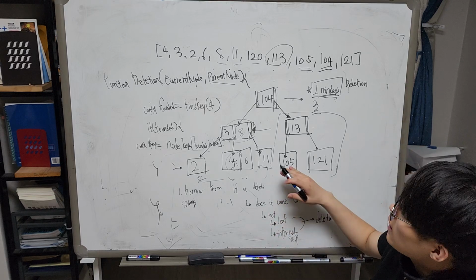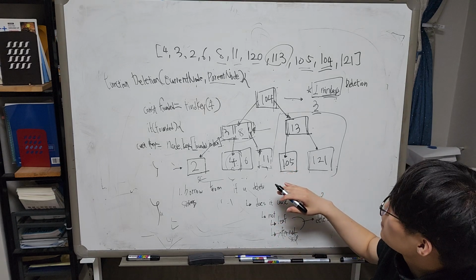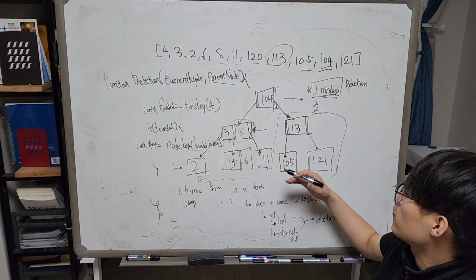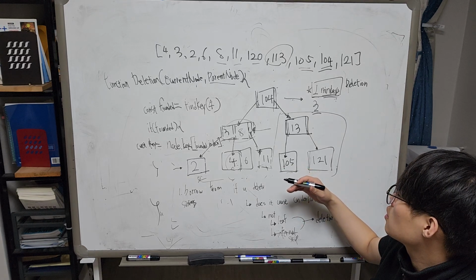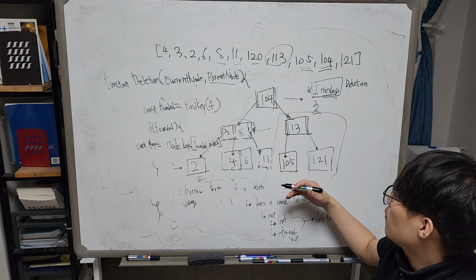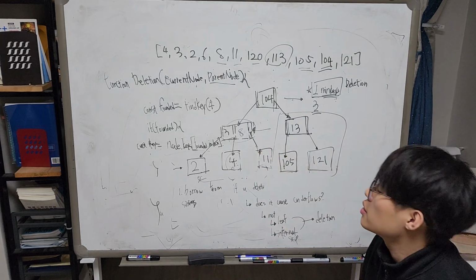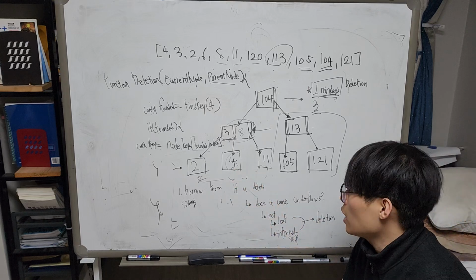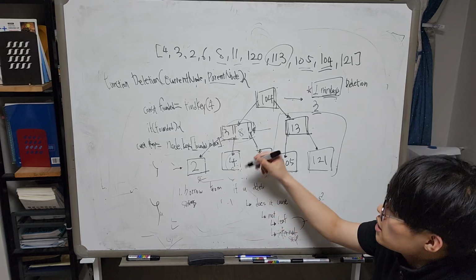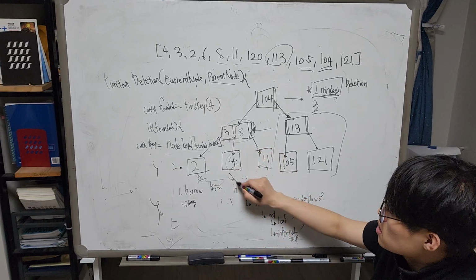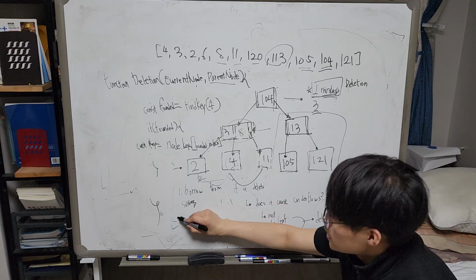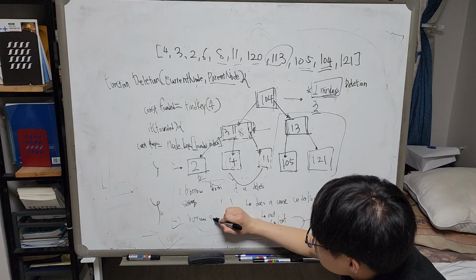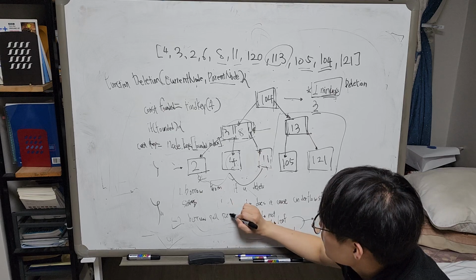Let's say you want to delete 105. Let's say 105 is quite nice. Let's just say we don't have 6 here. Let's say we just want to borrow the 4 here. Delete the 4 here. Since you cannot borrow from the siblings, the other approach is to borrow or pull from the parent